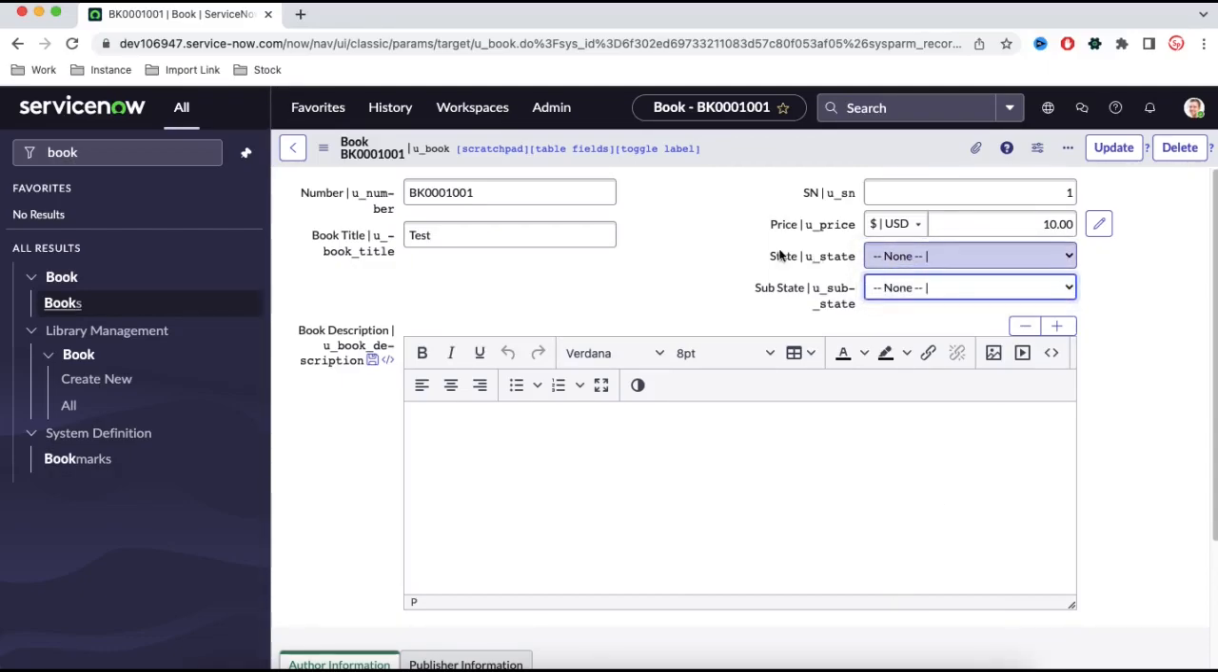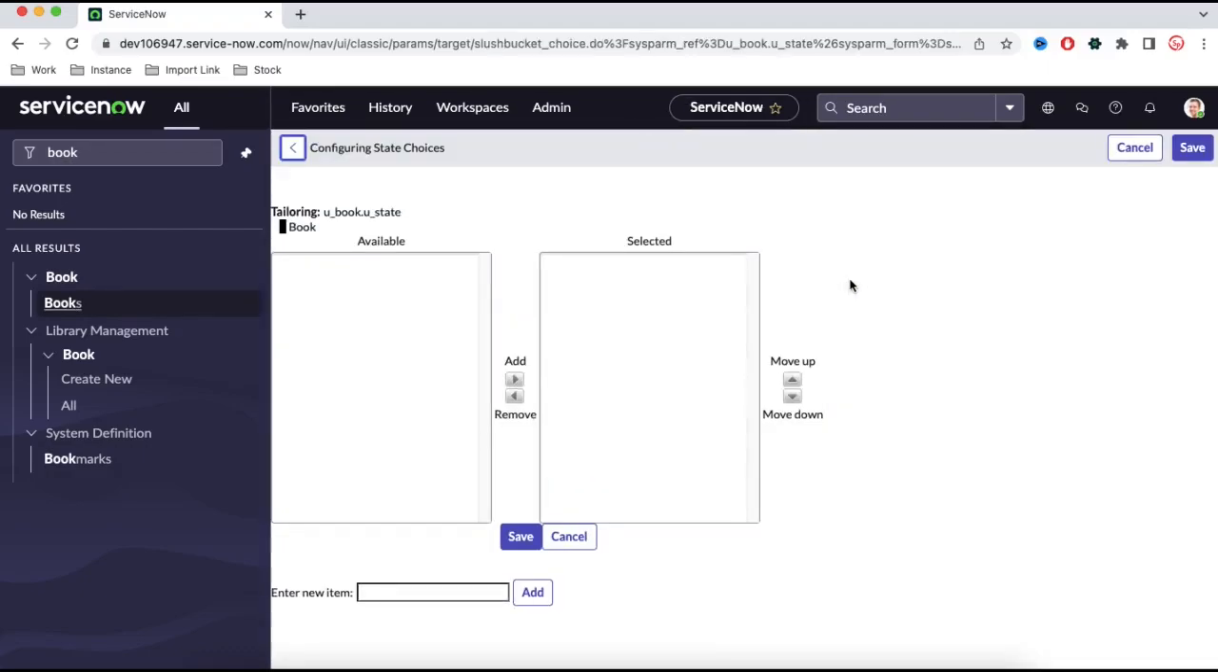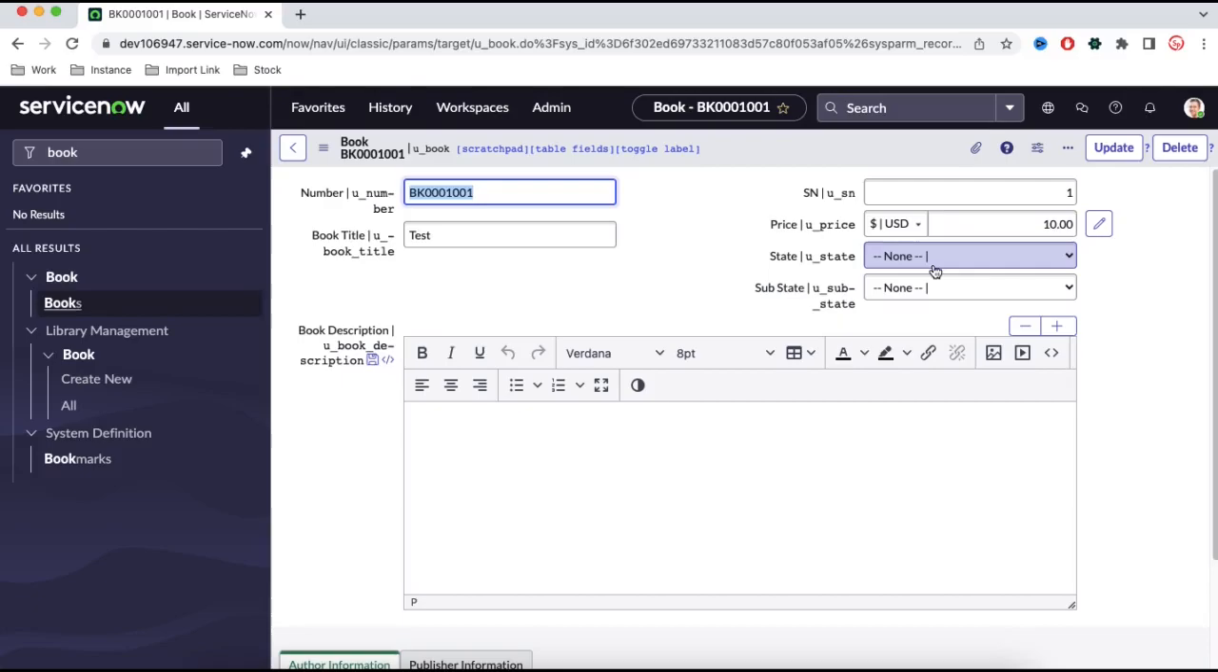To add the drop down, you can simply right click and then configure choice, and then you can start adding the states. Let's say I'll start adding draft, then review, and then publish. So these are the types of state that will be available. We'll just save that, and now you can see under the drop down we have three options: